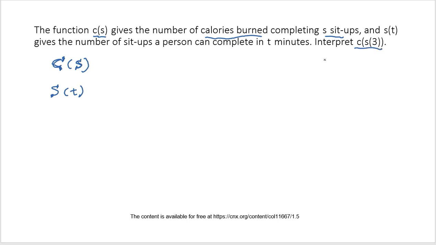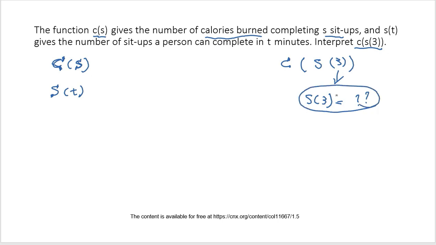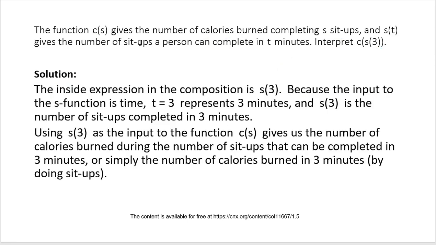Interpret c of s of 3. So 3 is time, 3 minutes. s of 3 is the number of setups that will happen in 3 minutes. It will give us one output, and that output is used as input for calorie. So c of s of 3 is the amount of calories that one person burns in 3 minutes. Here is the solution,